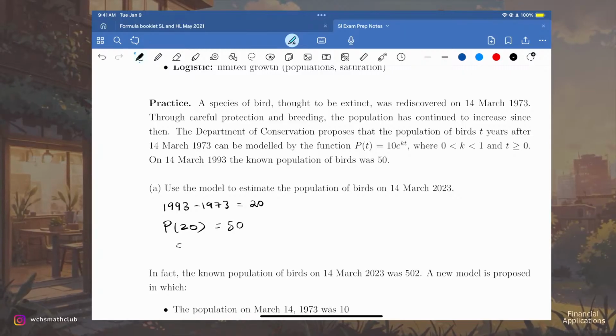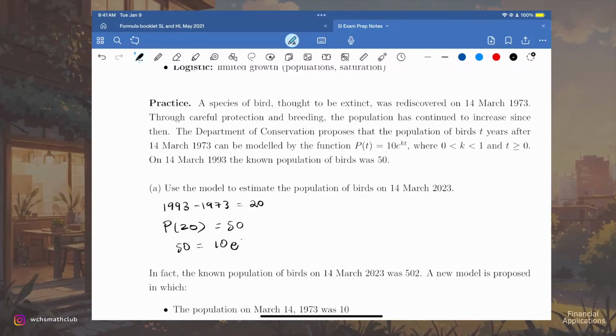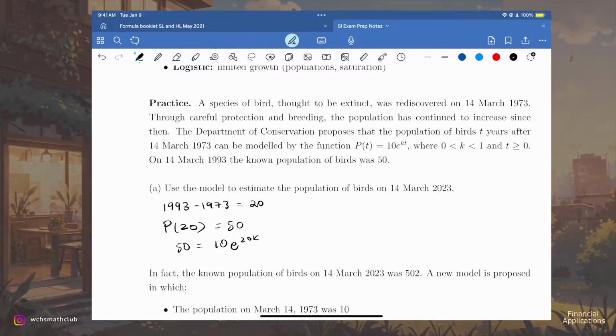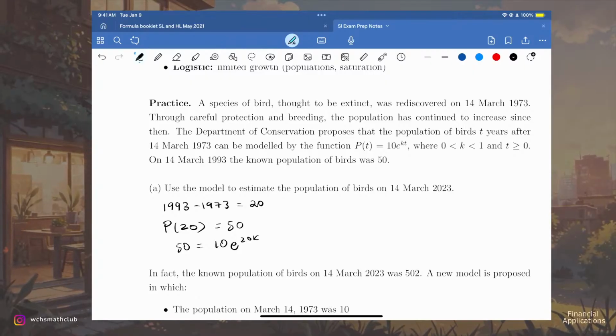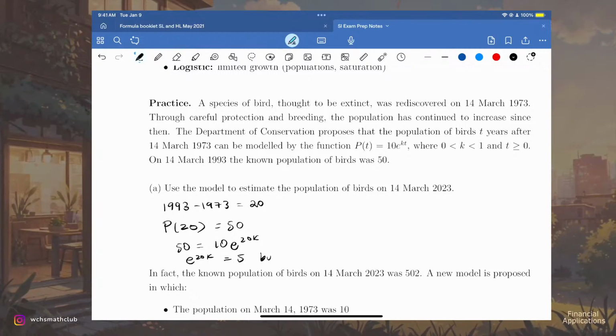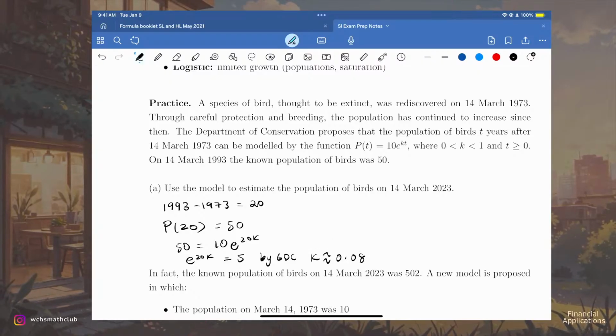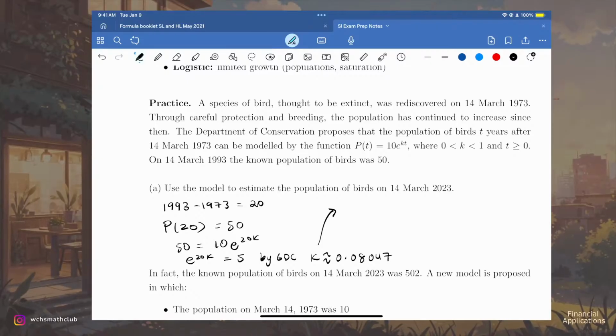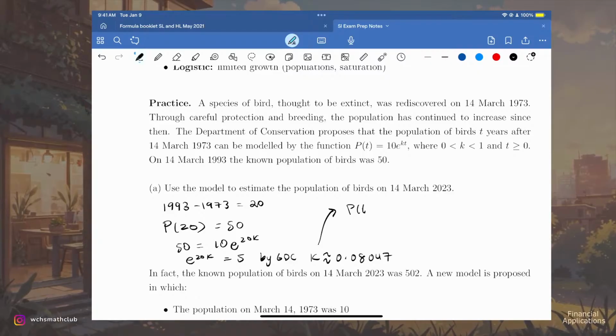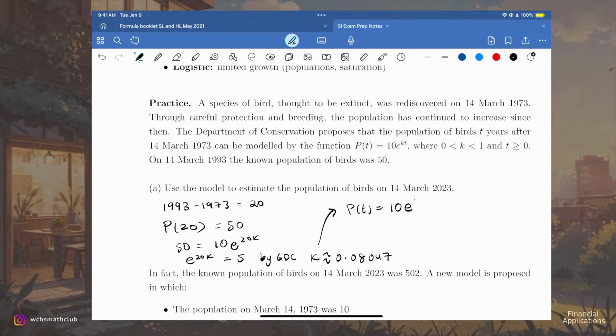So therefore, 50 is equal to 10 times e to the 20k. Here we'll be looking for the k value, so we can have a further equation to estimate the population of birds for 2023. Because of this, e to the power of 20k is just equal to 5. By your graphing display calculator, the k value should be roughly 0.08047. Now, because of that, we can have our bigger equation to estimate the population of birds for 2023. So P(t) is just equal to 10 times e to the power of